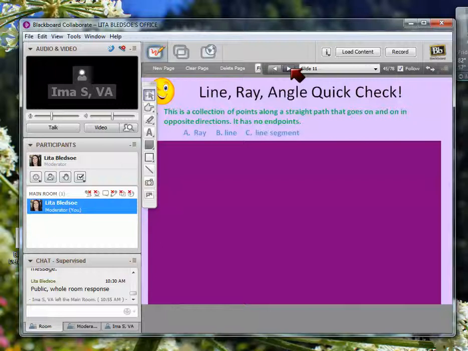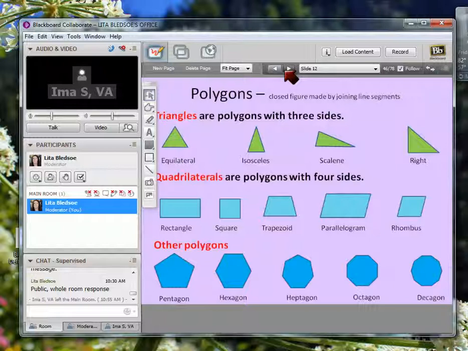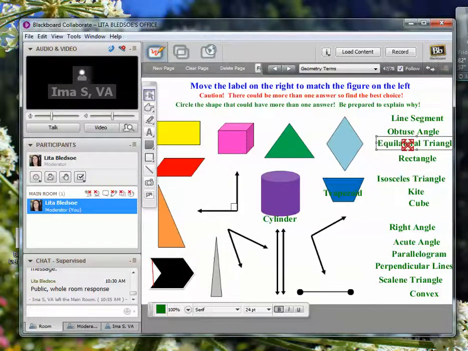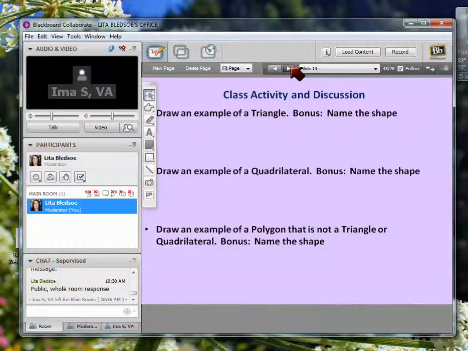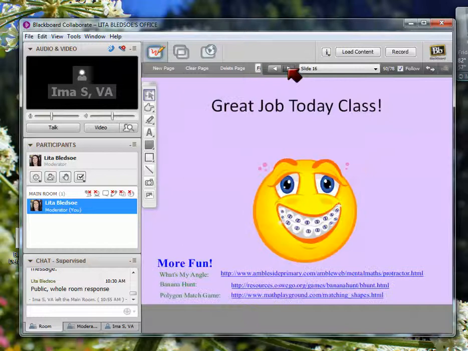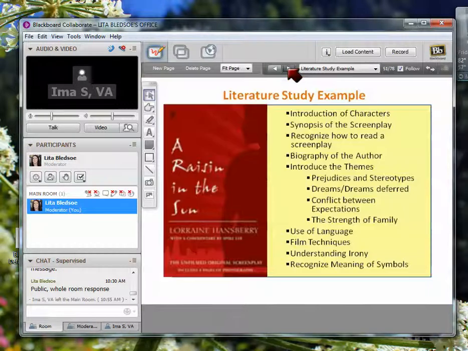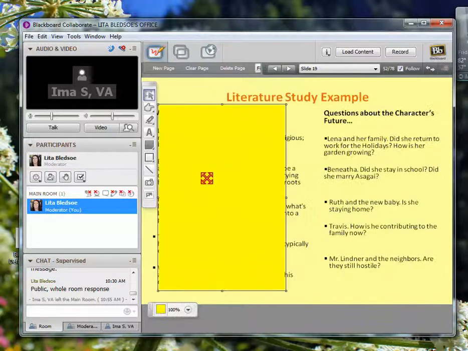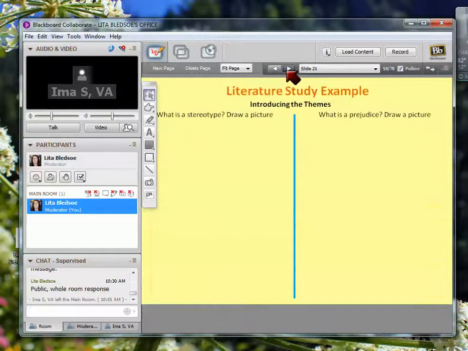Quizzes. You can have them use the poll responses to be able to respond to quizzes. Shapes, more matching. Class activity and discussion. Geometry games where you can link to them and the students can go and play those. Using masks to put information out there.